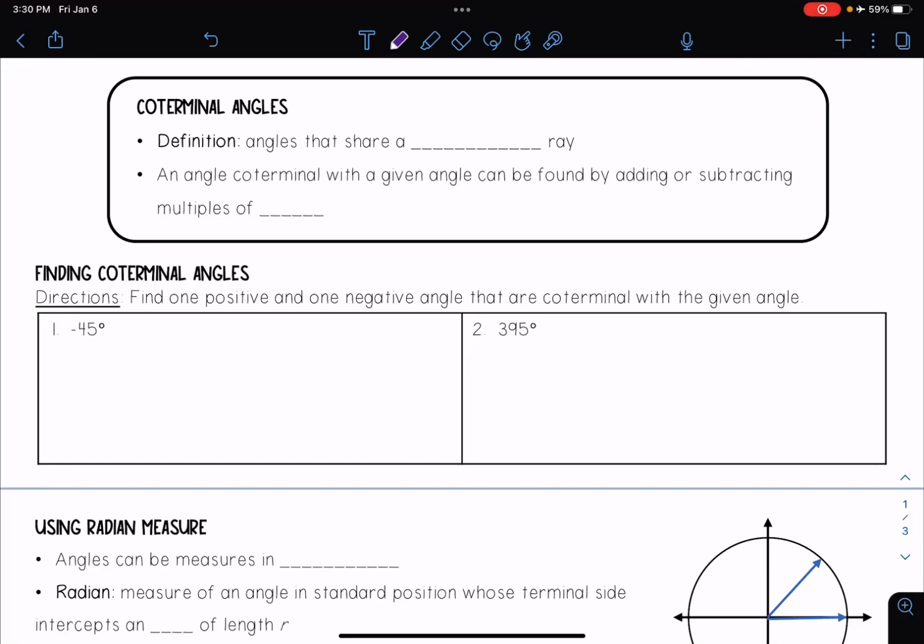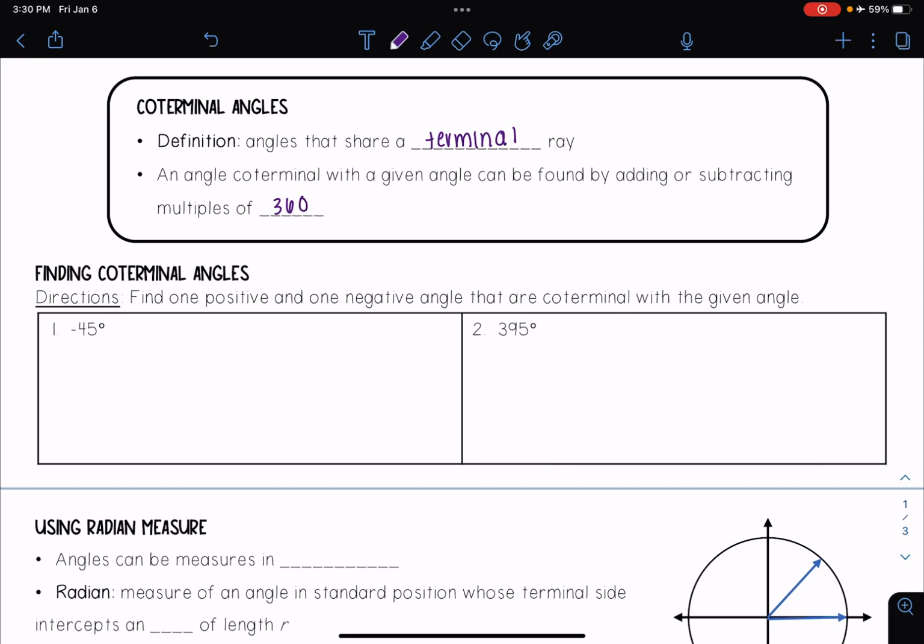In this video, we're going to be talking about coterminal angles. So this definition is that coterminal angles are angles that share a terminal ray. And an angle coterminal with a given angle can be found by adding or subtracting multiples of